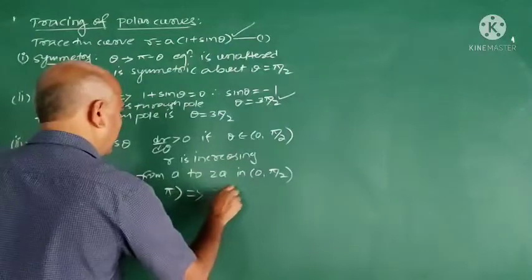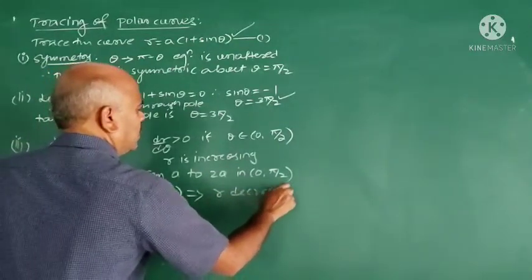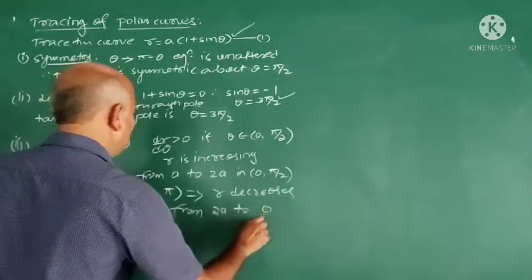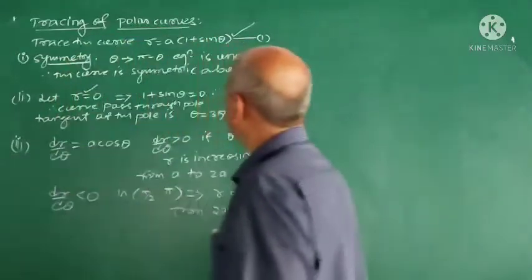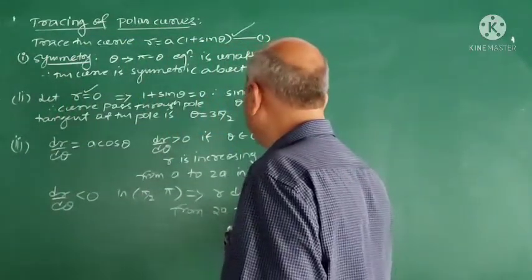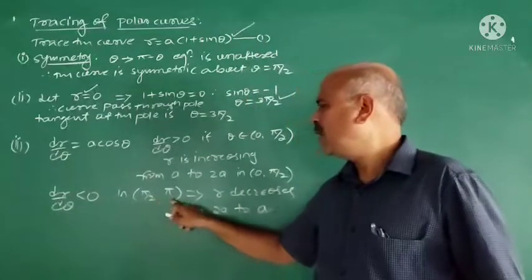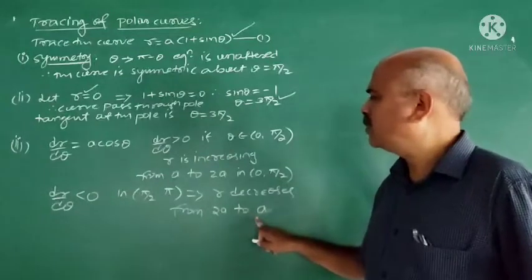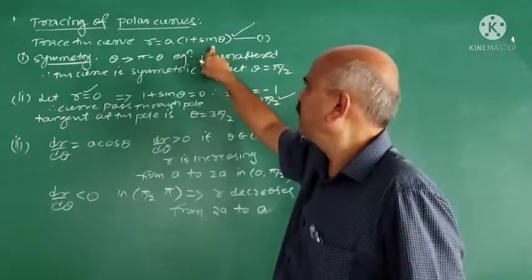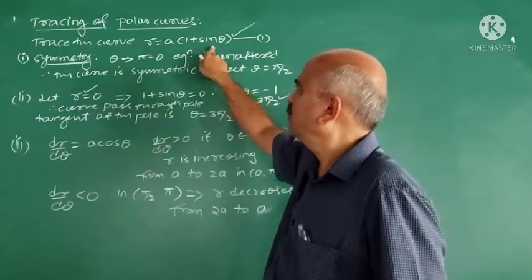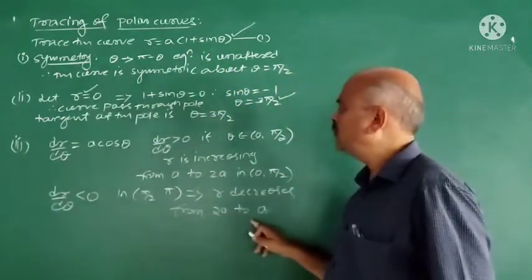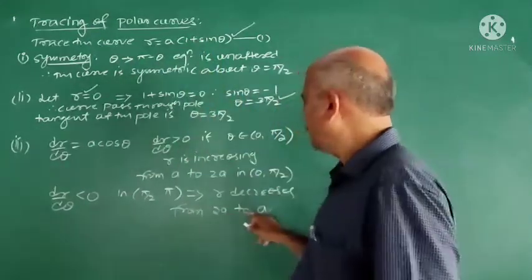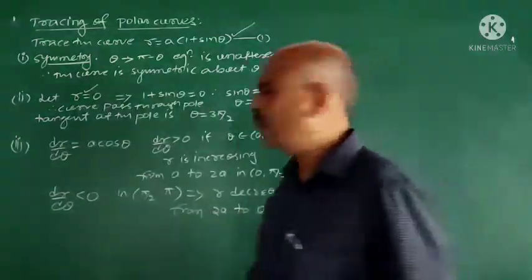This implies r decreases from 2a to a, because when theta is pi, sin pi is 0, so r goes from 2a to a. When theta is pi by 2 it is 2a, and when theta is pi it is a. Therefore,